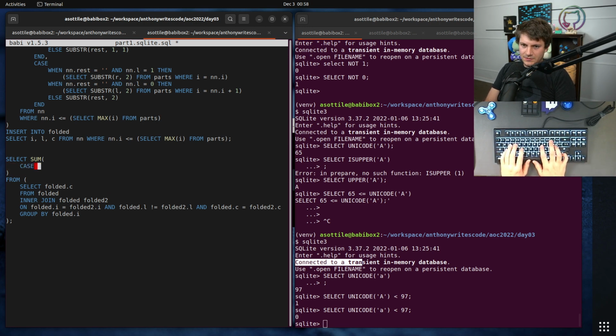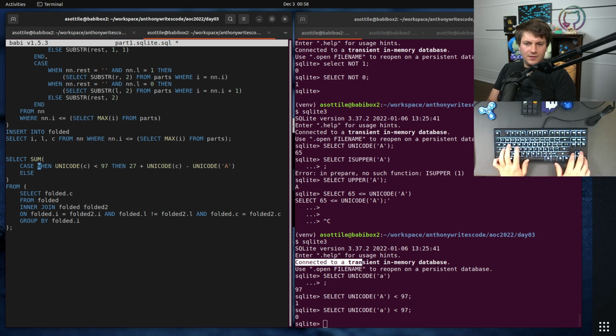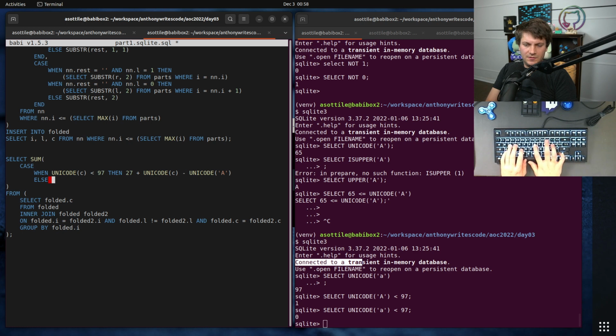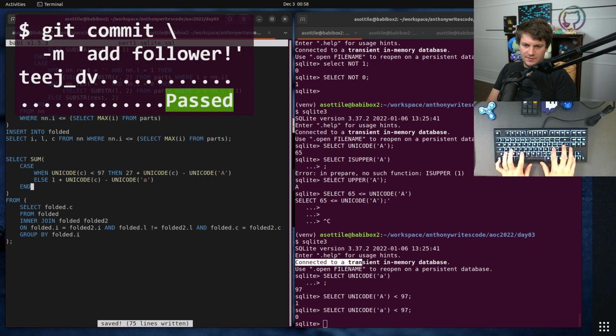Case when Unicode C is less than 97, then 27 plus Unicode C minus Unicode capital A. I think this actually has to be, oh no, I think that's right. Else 1 plus Unicode C minus Unicode little a